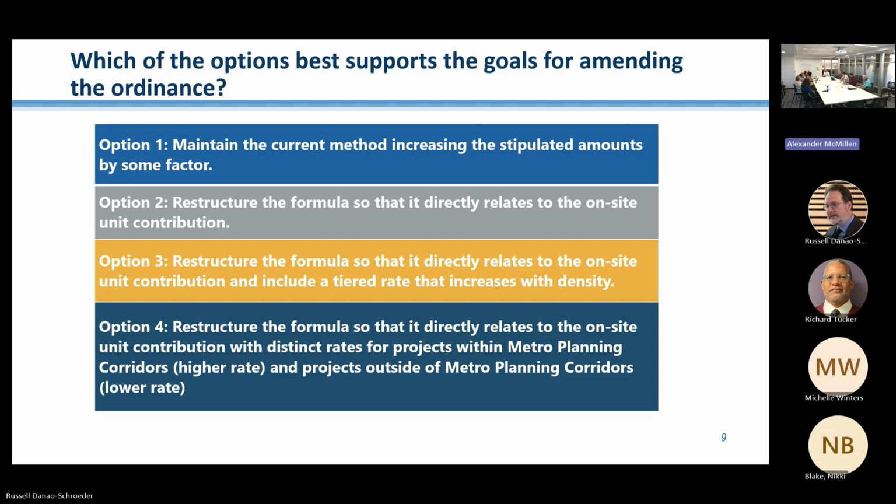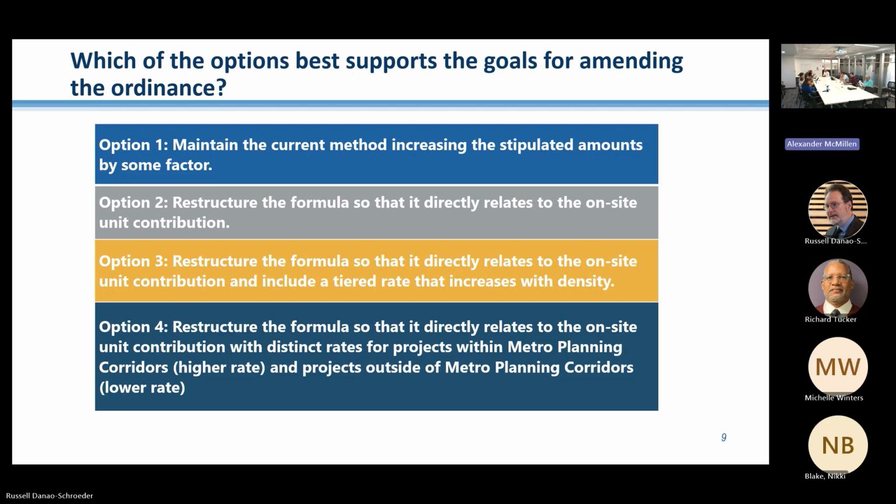Great. I just asked, could you describe more specifically the statement so that it directly relates to the on-site? Right, so right now we have a formula for on-site units, and we have a formula that is totally unrelated for a cash contribution. For a cash contribution, it's looking at the total gross floor area, whereas on site we net out that first FAR. So they'll never talk to each other or relate to each other because they weren't designed that way.